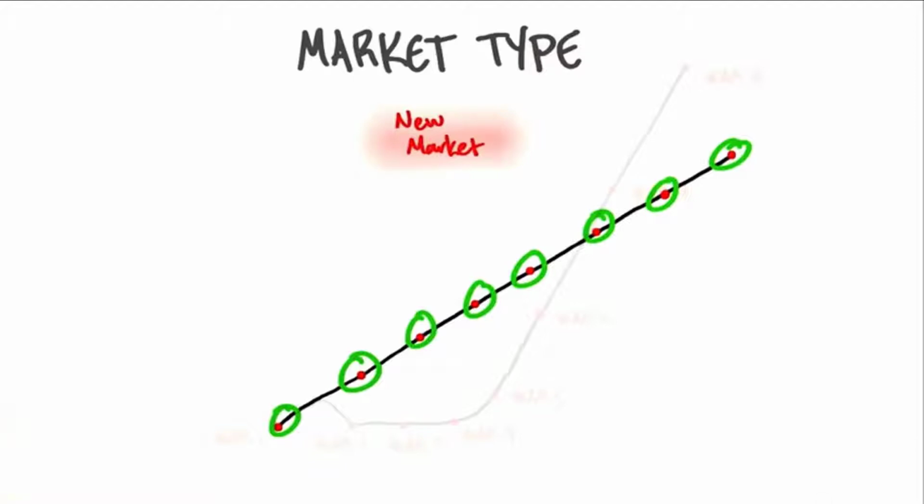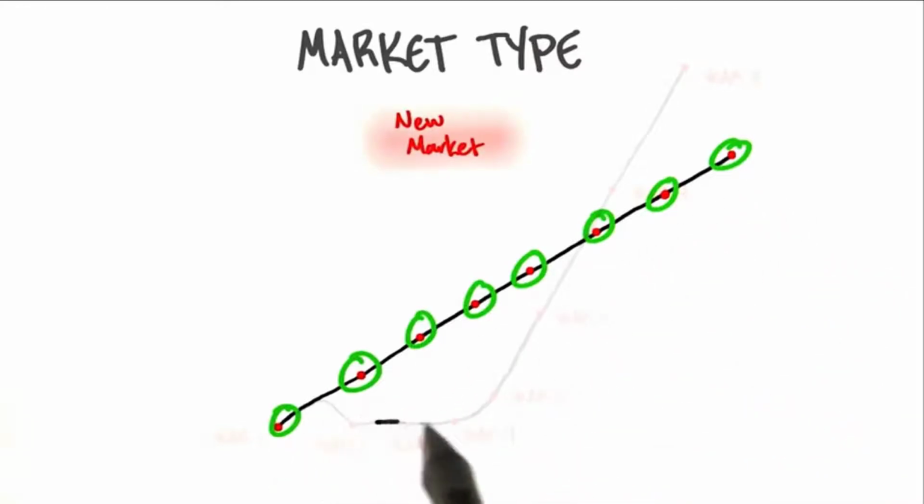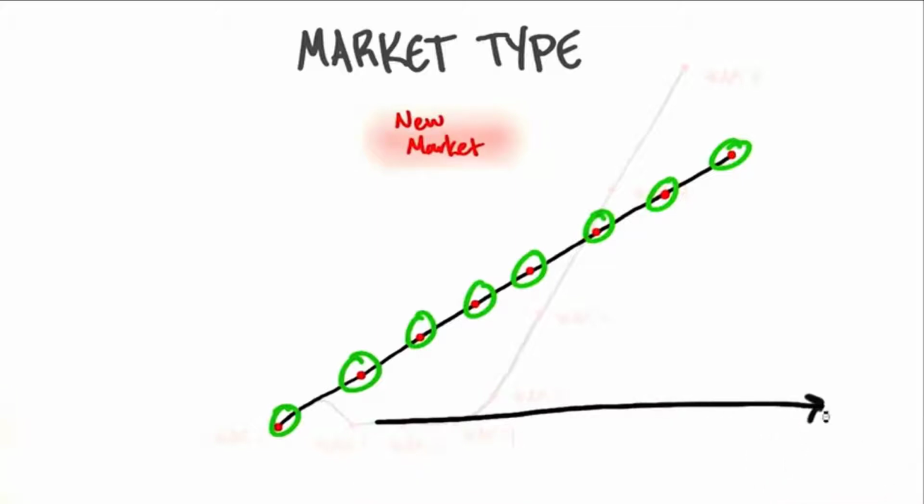Now, if you're in a new market, you now know that it's quite possible that you might have a curve that doesn't look like this, but actually is flat for a long period of time. So the consequences of understanding a new market are essential for a startup. This was a startup killer for decades. In a new market, there are no customers, so revenues might extend out for years.